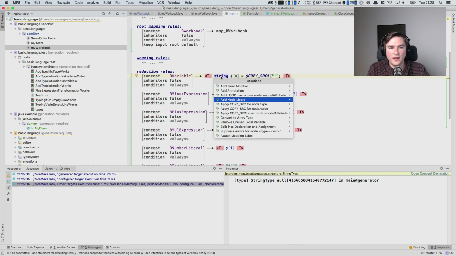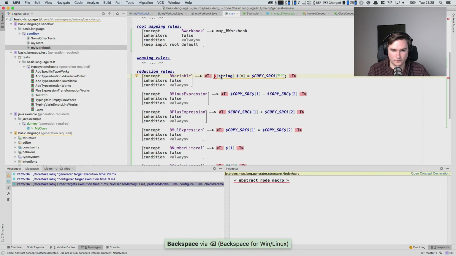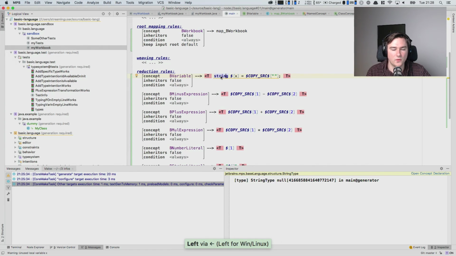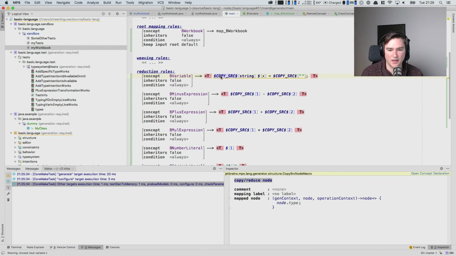And as we did before, we have the macro called copy source, which we can use to insert something into the AST at this location based on the input. So what I would like to do is replace this string here with the calculated type from the type system. But there's no obvious thing here in the intention menu that would allow that. Well, there is node.type. So if we select that,